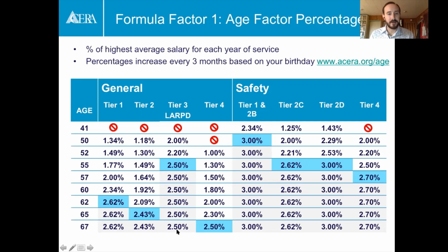You'll also notice that if you retire above that age, you just get the maximum age factor percentage for your tier. So if you retired at 66 or 67 or 68, you would still get 2.43% if you were a tier 2 general member. Now, another thing that you might notice is that I skipped a bunch of the ages, and that's because there are so many age factor percentages that they won't fit on the slide, because the percentages increase every 3 months. So it's actually every quarter year. So if this were the full chart, let's say 50, 50 and a quarter, 50 and a half, 50 and 3/4, 51, and so on and so forth, and there'd be a slightly higher age factor percentage for each one of those